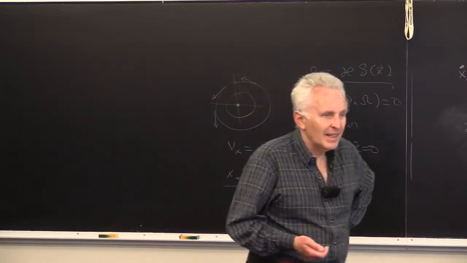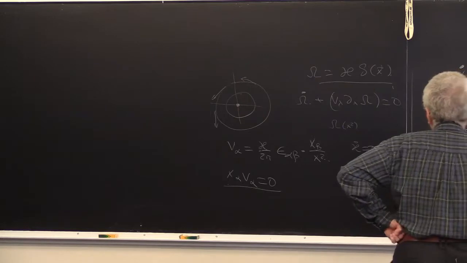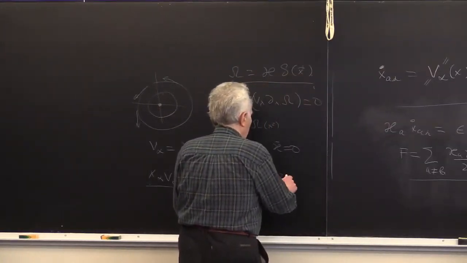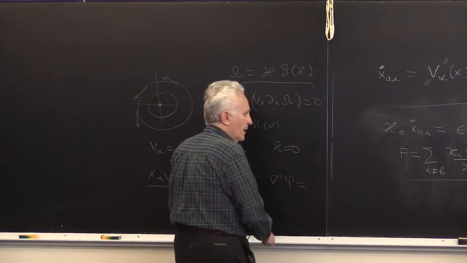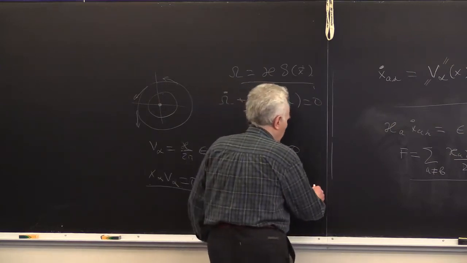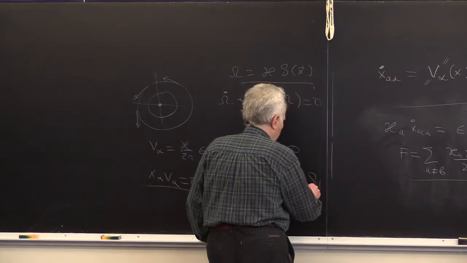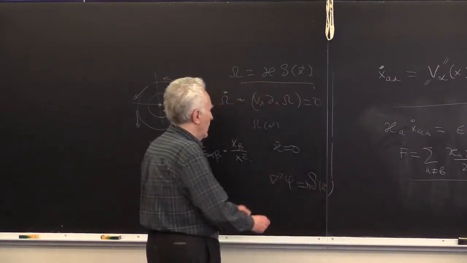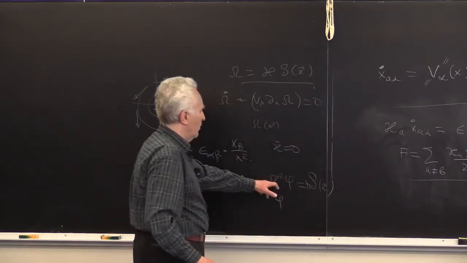Yes, it's the delta function. Actually, that's right, we have the Poisson equation for the electrostatic potential, and when we have a single charge, we have some 4 pi multiplied by the delta function, and for phi from this,